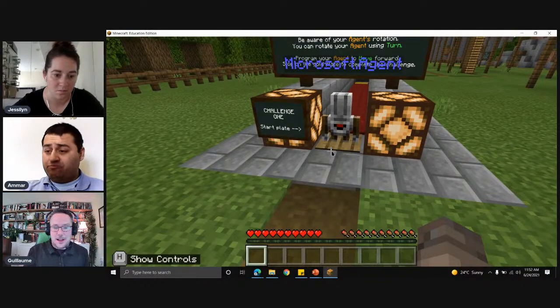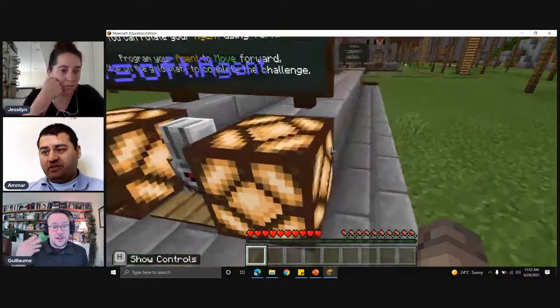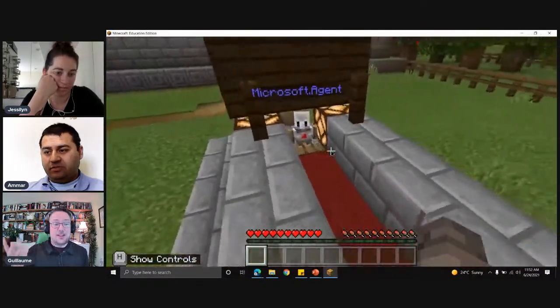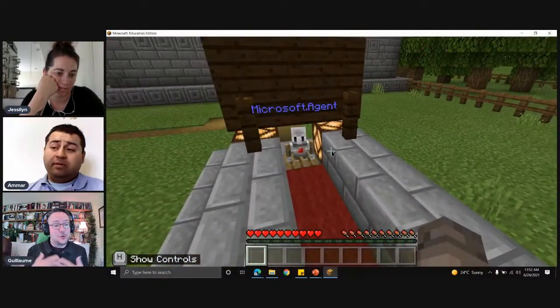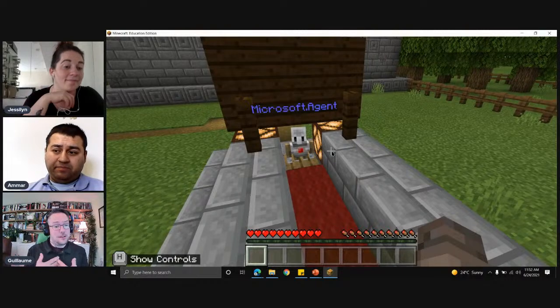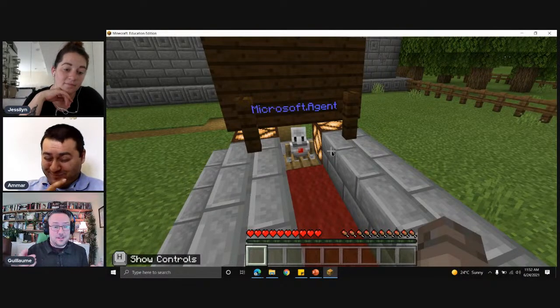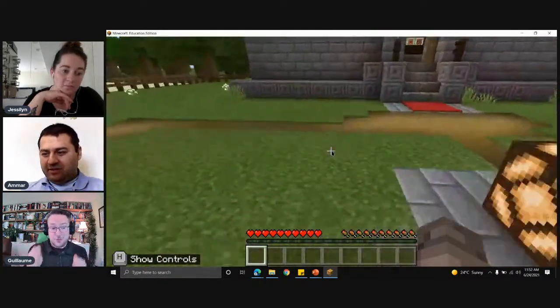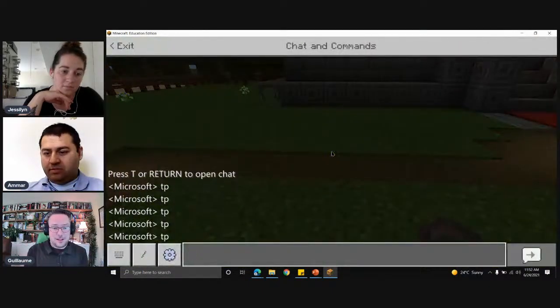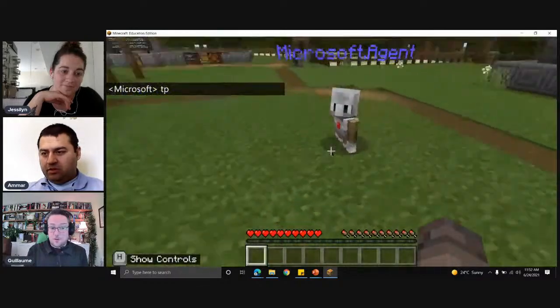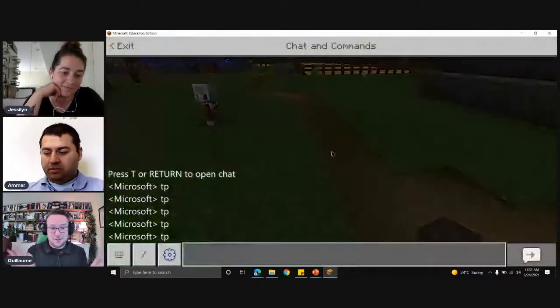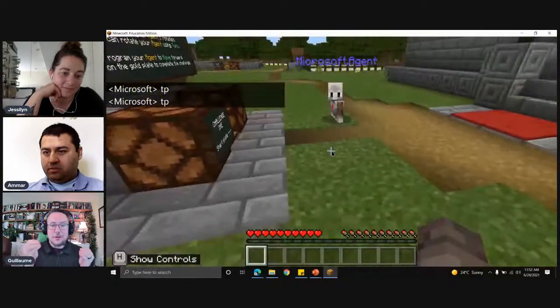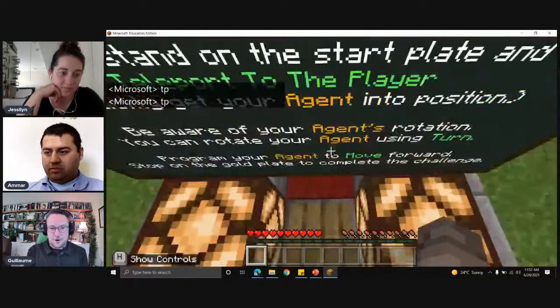And second, I like to think of the agent as a puppy, and you need to teach your agent new tricks. Right now we've just taught our agent the first trick, which is come here, that's teleport to me. But we'll be teaching him all sorts of things. So we'll need to find clear commands for our little agent.